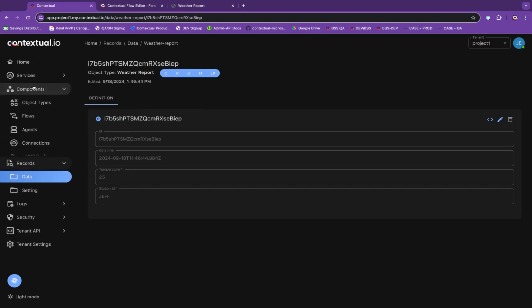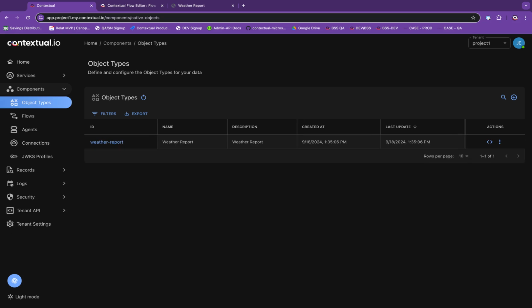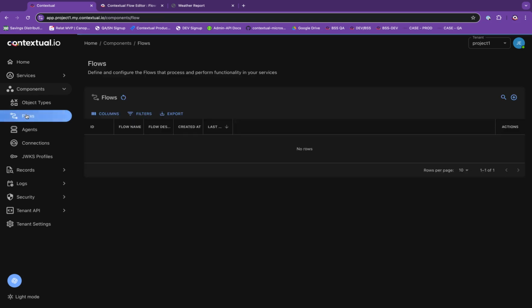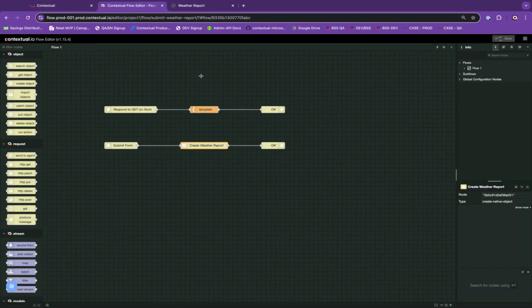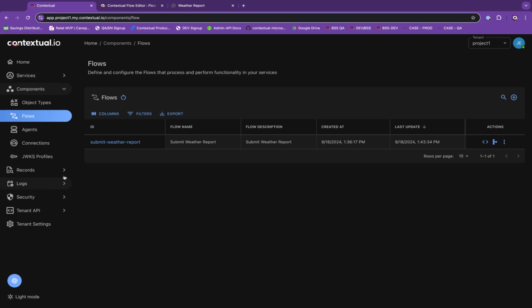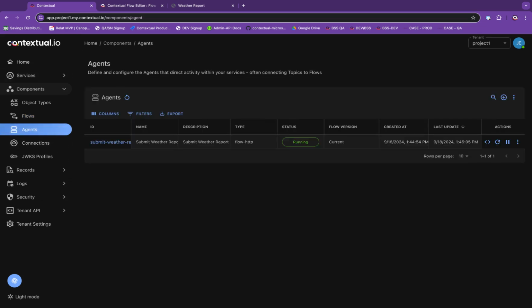which, to just recap, required that we created an object type called a weather report. It required that we created a flow called submit weather report. That flow had two different HTTP operations that it responded to. The first was the GET to serve up the HTML and the JavaScript, and the second was the POST to allow the application to submit the form. And then finally, we deployed that flow as an agent. So we've touched on really the big three of contextual components. These are the components that you are always going to use when building